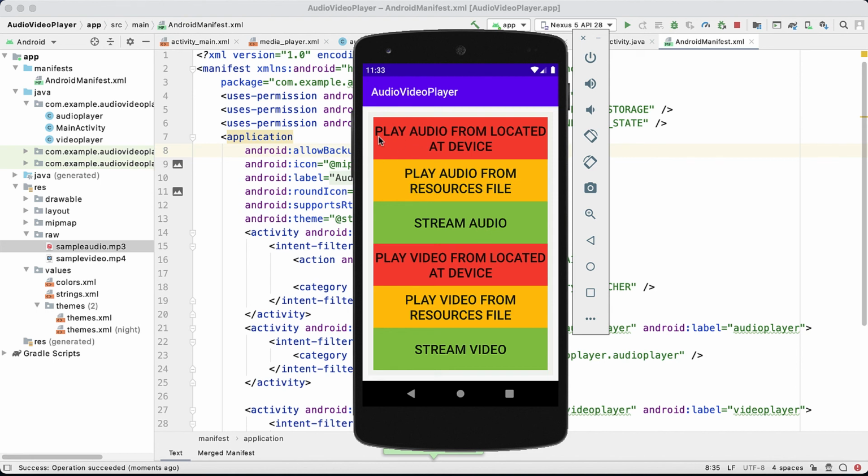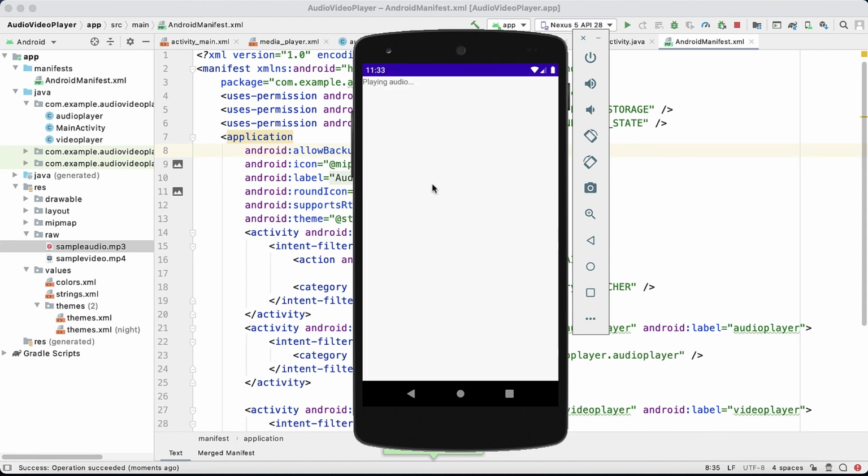As usual we don't have the SD card right now, we are in an emulator, so this particular button will not play anything, but the rest of the two buttons, play from resource file and play from the internet, will work. So let's play. It is showing that playing audio, and you can see this particular audio is playing.